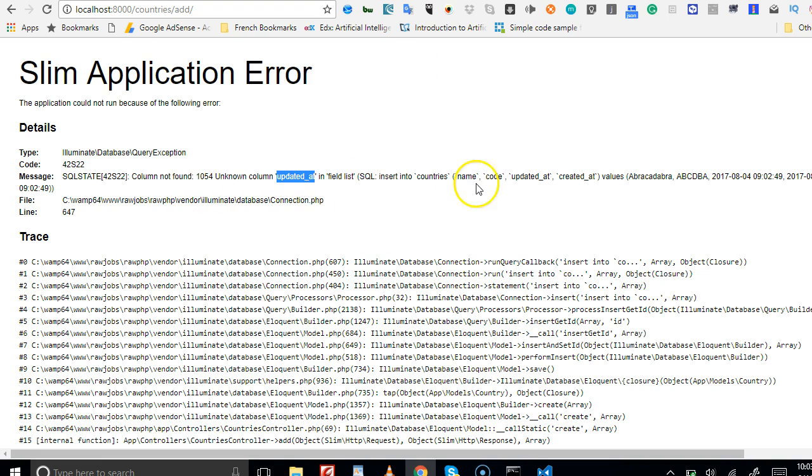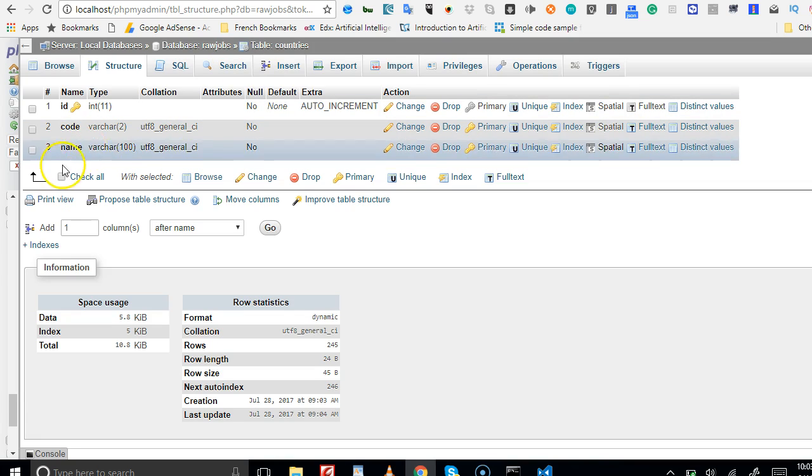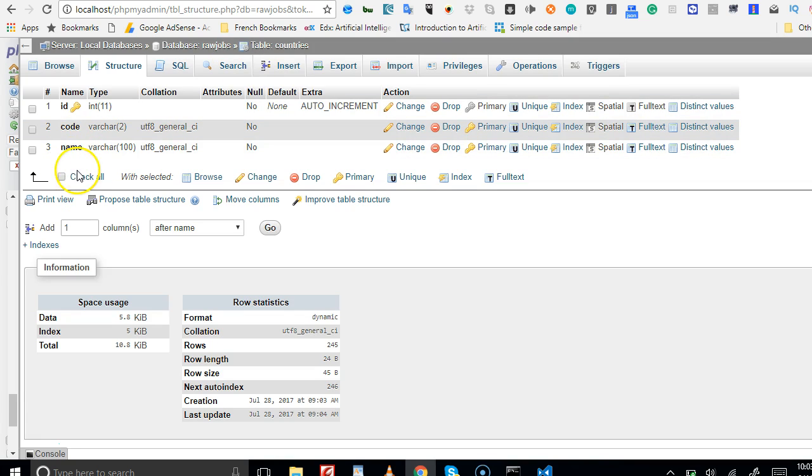There are two ways we can do that. As you can see right here, it's saying insert into countries, name, code, then automatically Laravel is adding updated at and created at for you. Two different fields, but we didn't create them for our own purposes. So two ways to solve it: you can create these two fields and Laravel will handle it, or you disable